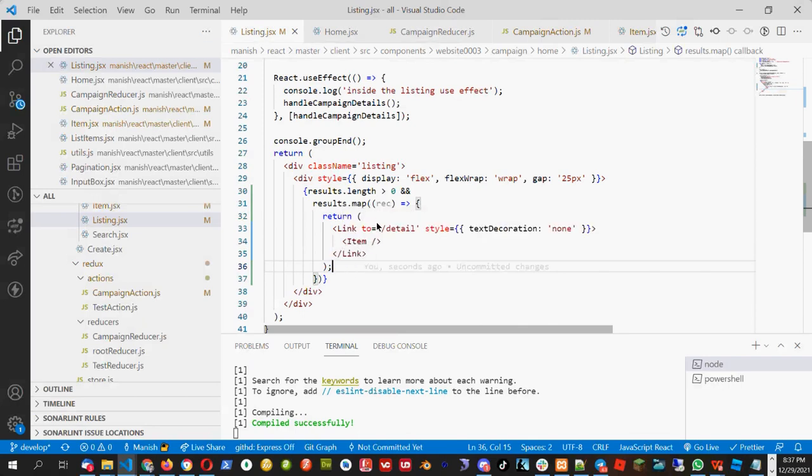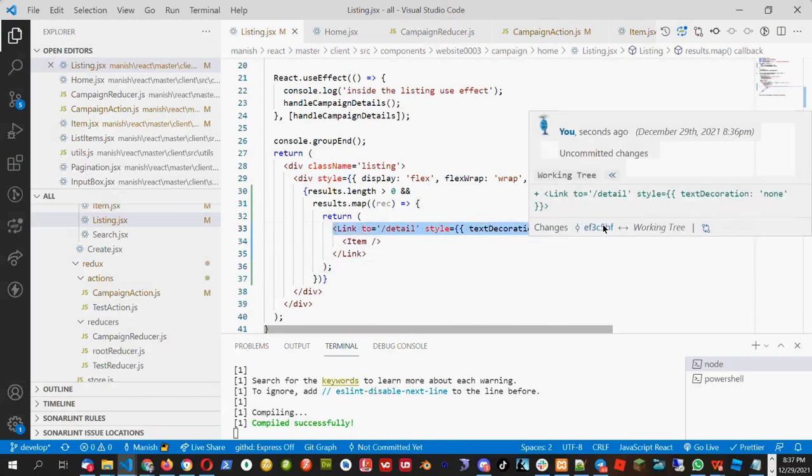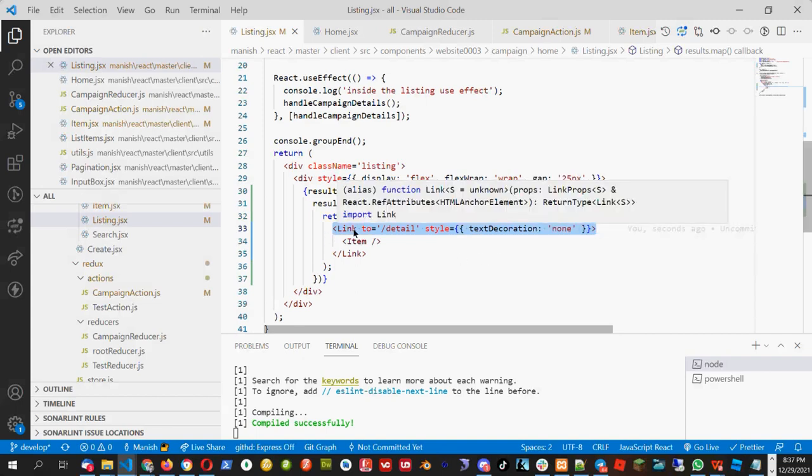Now, once I return the link, what piece of information is missing in this line? Once I put link here, key is missing.